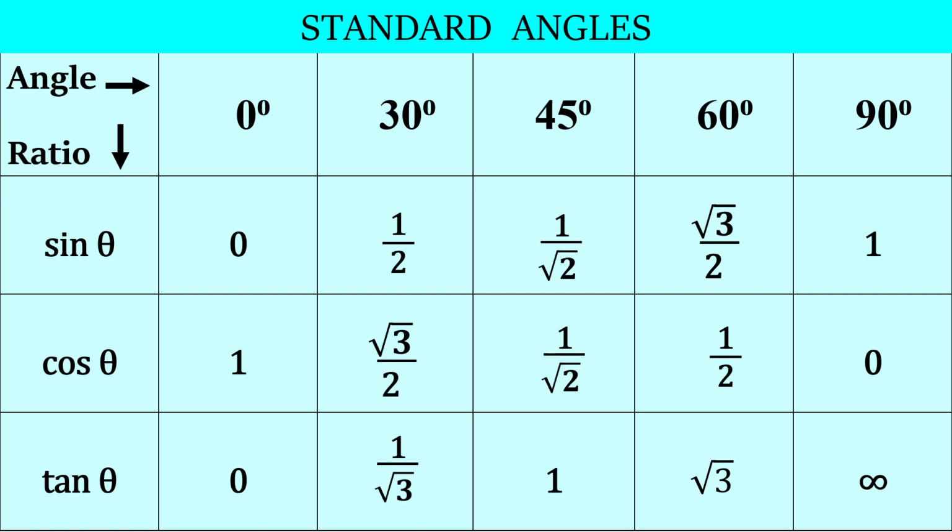Am I correct? Then sine 60 is root 3 by 2. That same value has come for cos 30 degree, root 3 by 2. Now the next number in sine is 1 by root 2, and that same value comes over here. Then when I go to sine 30, I have the same value as for sine 60, half, and for 0 degree it is 0, for 90 it is 0. So if you know the values of sine, the values of cos are just in the reverse direction.